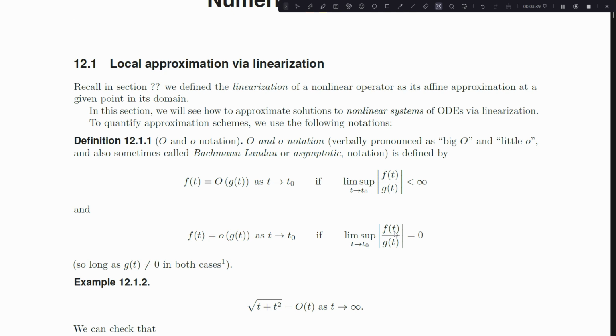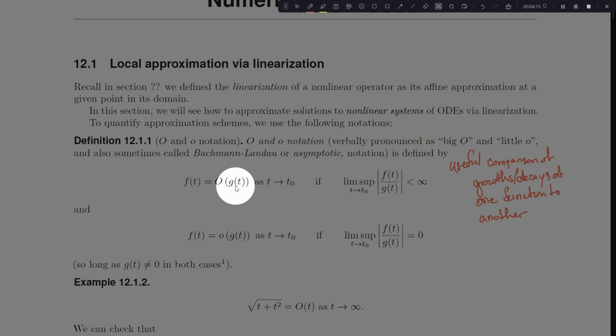And this is just a useful notation to describe the limiting behavior of two functions. So maybe I'll write this down. Useful comparison of growths or decays of one function to another. So the way that this notation works is that we say that f basically is related to g, two functions f and g. I'll say f is big O of g